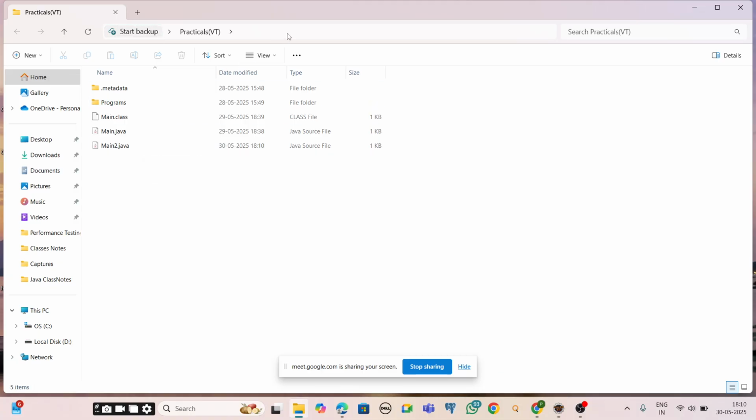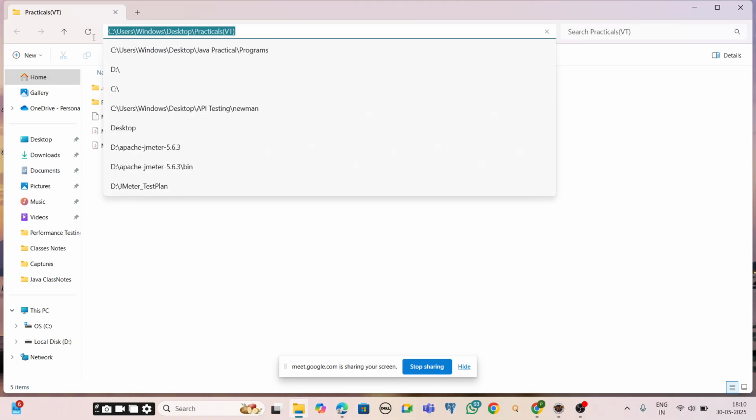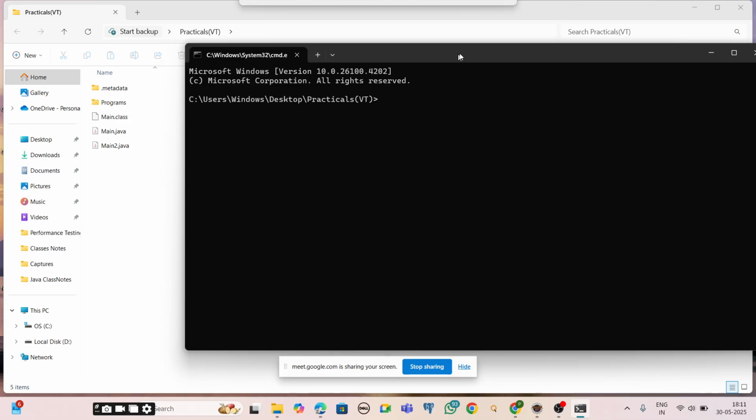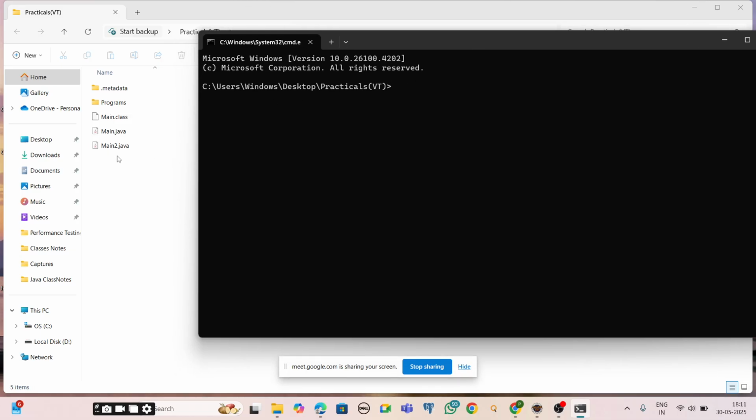Let me go to the command prompt. Let me type cmd here, so the command prompt will be opened, and the path location is the same as the java file location. To compile, what is the command we need to use? javac filename.java. What is my file name? main2.java, right? So javac main2.java.